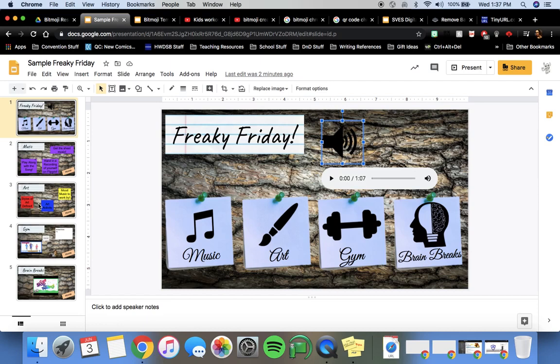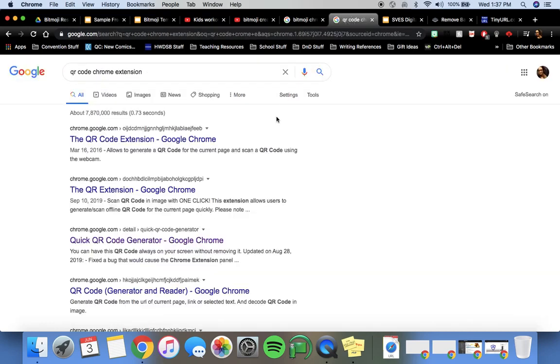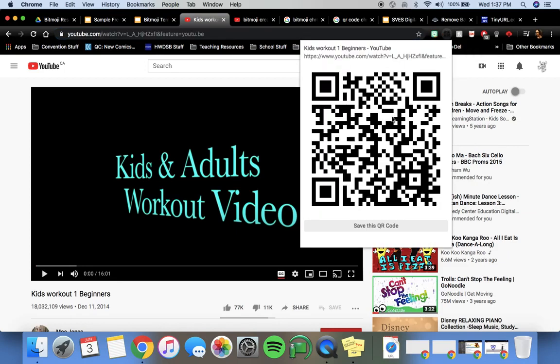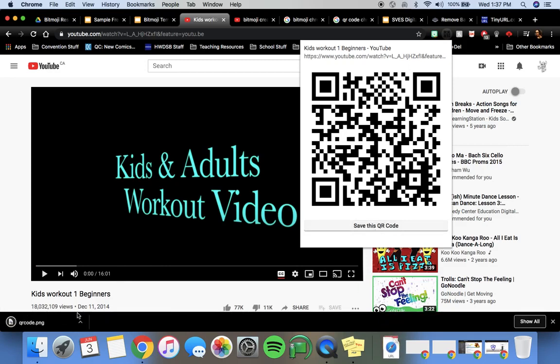So instead of linking in a URL, what you can do is use a QR code. There's this awesome QR code Chrome extension. I just Googled QR Chrome extension and it brought me up a couple. And what you can do is, when you're on a website, say the kids workout, it's kind of hard to see right now, but that is my QR code generator right there. So as soon as I click on that, it says, this is the website, here's the QR code. As soon as I click save, it goes into my downloads and it saves as a PNG,